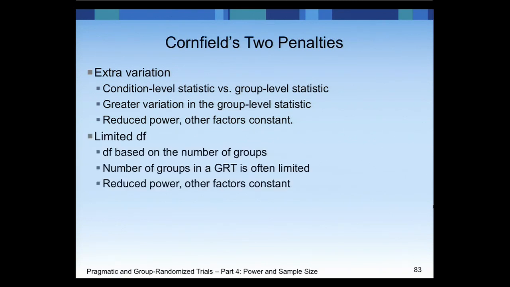other factors constant. The other penalty is the limited degrees of freedom that are often apparent in a group randomized trial or individually randomized group treatment trial. Remember that the degrees of freedom for the analysis of the intervention effect is based on the number of groups. And in a group randomized trial, that may be quite limited. In an individually randomized group treatment trial, it may also be limited. And if we don't deal with it, we're going to have reduced power, other factors constant,